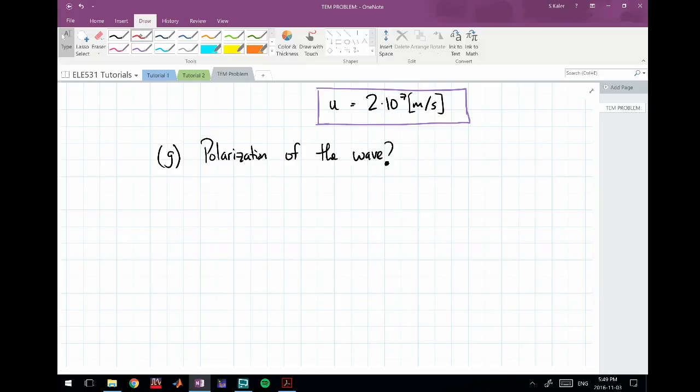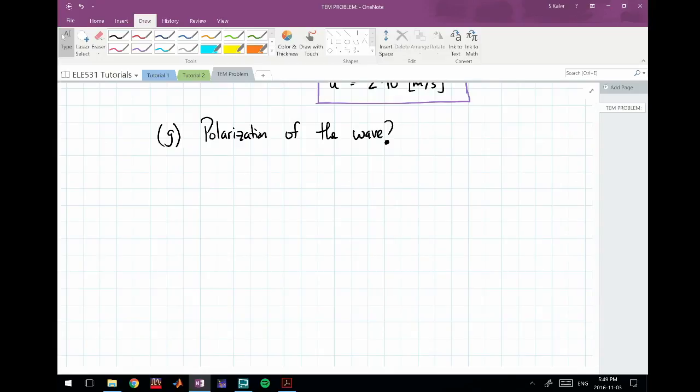But what we do know is, let's just draw some axes first, so we know we have x, y, z. Now we said this thing is propagating in the negative ay, so we say AP, let's say, equals negative ay,